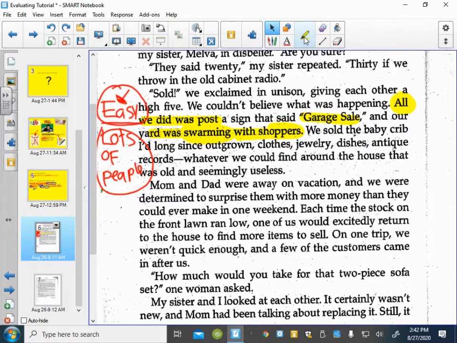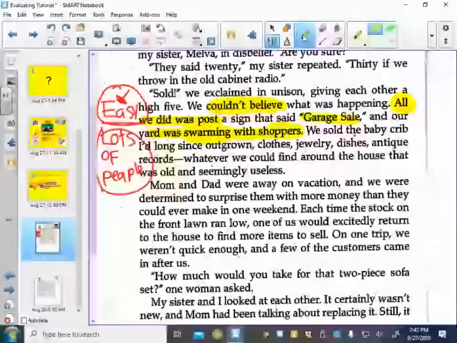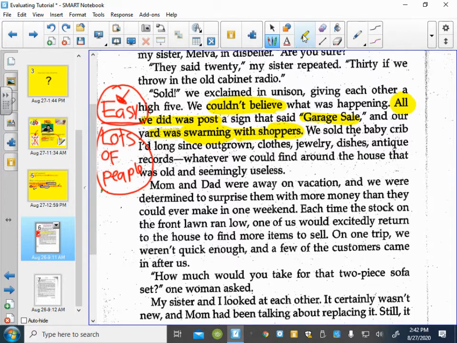So, if they couldn't believe it, that tells me they were excited. They were excited. It was easy and lots of people.